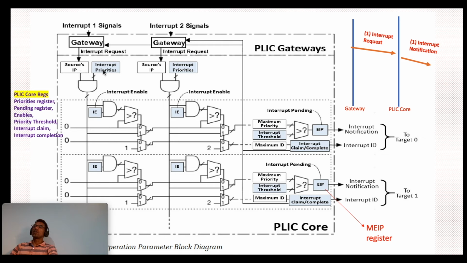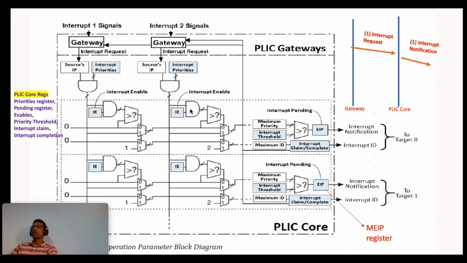The priorities, I think, are 0 to 7, and PLIC allows them to be configured for each source interrupt. Then for each target context, or each hart context, the PLIC can be configured to either enable or disable the